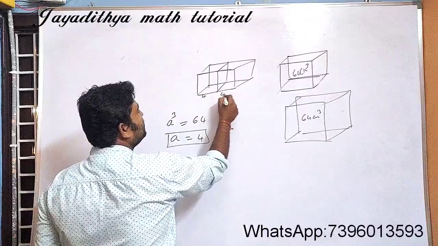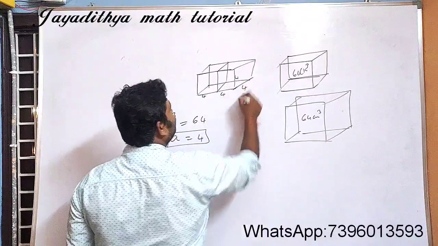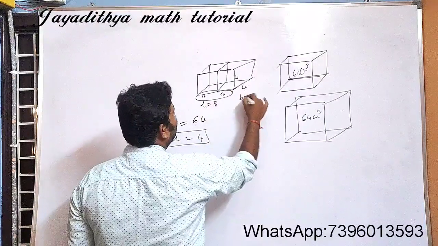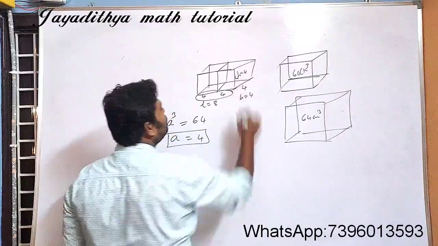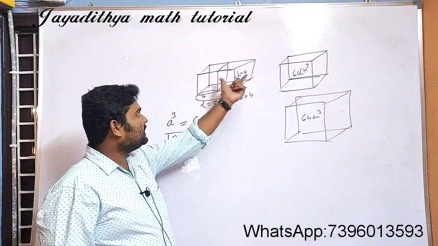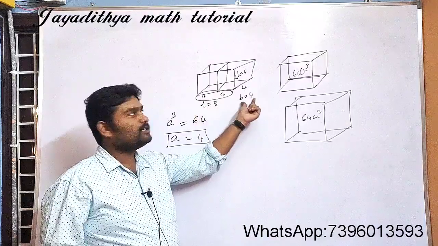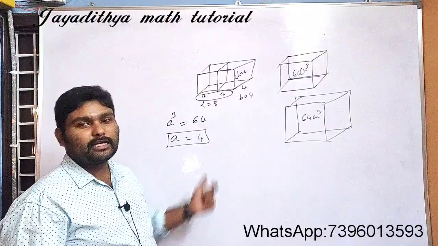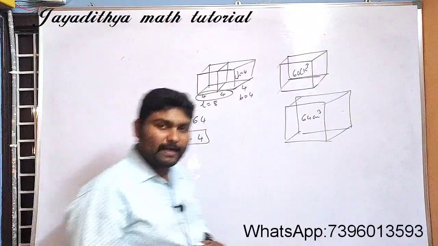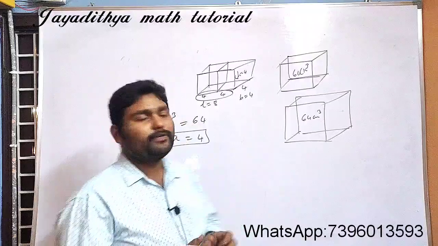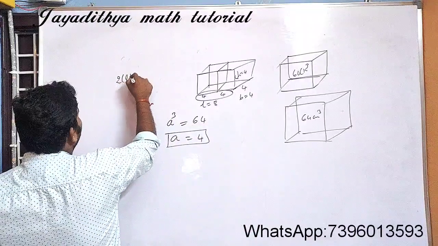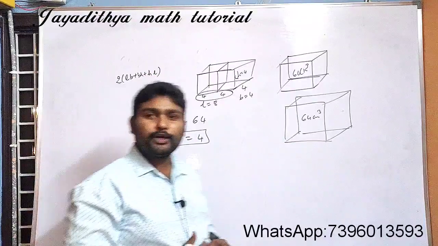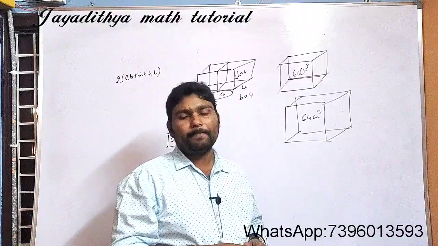That means this part is 4, this part is 4, this is 4, and this side will be only 4, Nana. So if you combine this one, the length will be equal to 8 and breadth is equal to 4 and also height is equal to 4 for the resulting solid. Just apply the formula for total surface area of cuboid, then you will find the answer. What is the total surface area of the cuboid? 2 into (LB plus BH plus HL) is the total surface area of a cuboid.